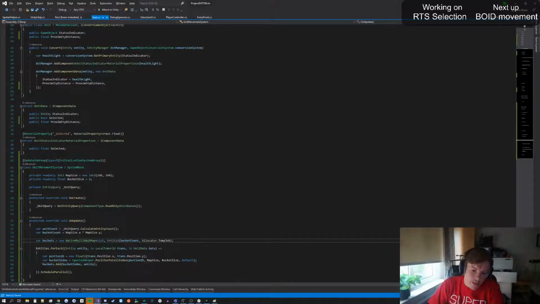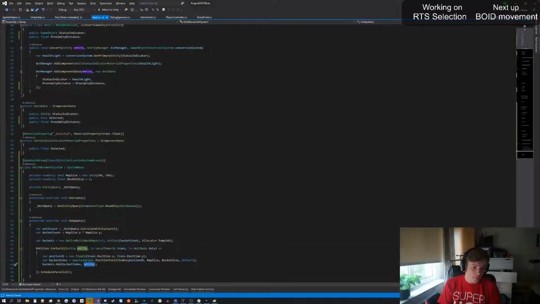And the nice thing with native multi hash map, the whole purpose with multi hash map, is that each of these entries in this dictionary, because it's more or less a dictionary, right? A normal C# dictionary, well, conceptually anyway. Each of the keys inside of the dictionary doesn't just have one value. This automatically will create a list of entities for each key, or for each element,